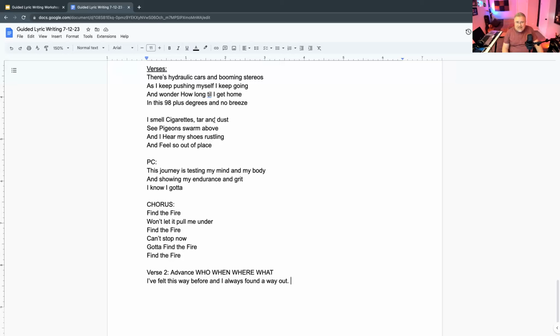And in its current form, I would come back and look at this first verse again to figure out how to make it mean more to a listener. Like, well, what do you mean by finding the fire as you're walking through a neighborhood, right? That might not be the strongest thing unless I can turn it into a metaphor. Like, my mind's like this neighborhood where there's hydraulic cars and booming stereos, and I keep pushing myself to keep going, and I wonder how long till I find my way home. It's 98 degrees and no breeze, cigarettes, tar and dust, pigeons swarming above. I hear my shoes rustling and I feel so out of place, and that could be a metaphor